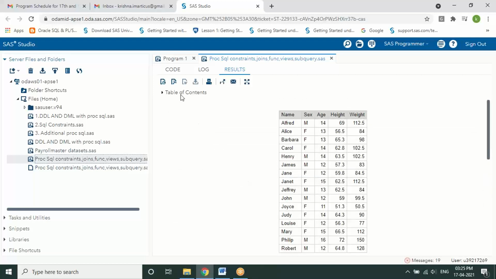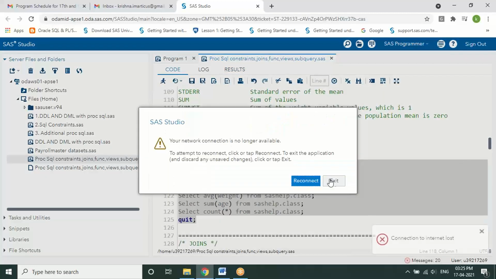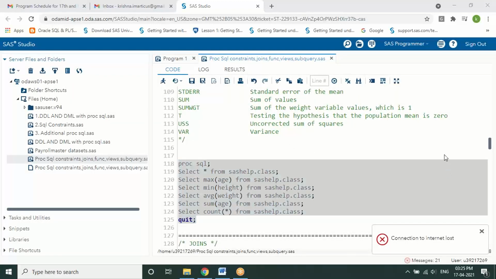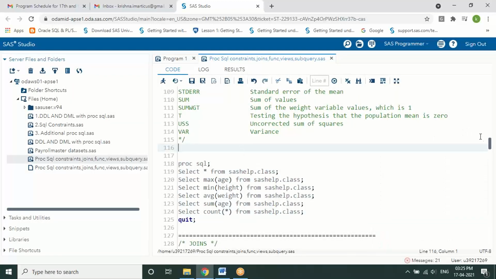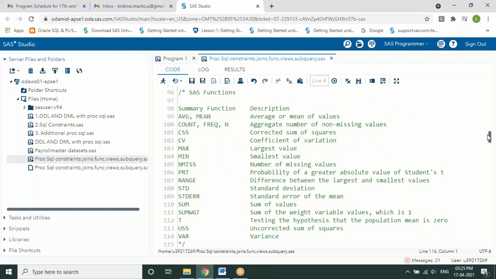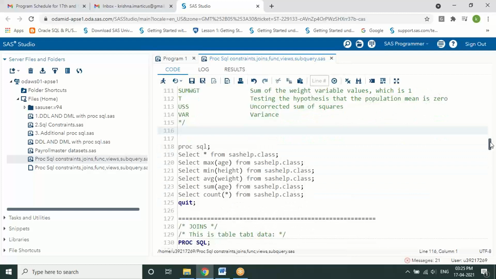So that's a small example I've given related to the functions. You can try to work on these functions in SQL with SAS. This is quite a small part: the functions, and the different types of functions that you can use in SQL and SAS are a few listed here. You can just work on it.